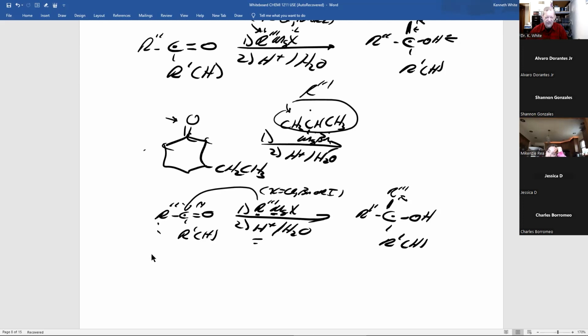Well, in a ring, a ketone, R prime and R double prime are the ring. So this carbon here will still be there. The ethyl will be there. This carbon here is this. It'll have a hydroxyl group. And my R triple prime is isopropyl. The center of 3 carbons. And that's how you make it.